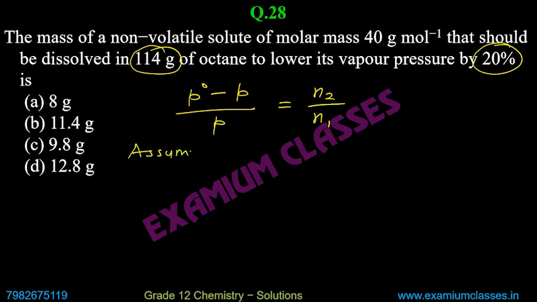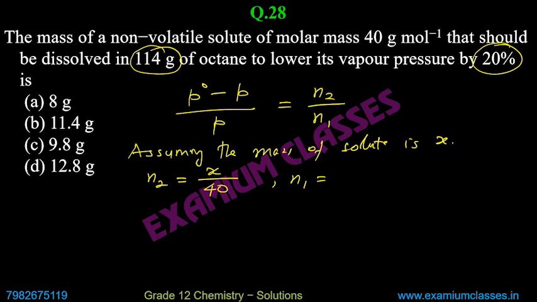Assuming the mass of solute is X. So if mass of solute is X, moles of solute will be given mass upon molar mass 40, which is given. And moles of solvent N1 will be given mass divided by molar mass of octane. We have to calculate